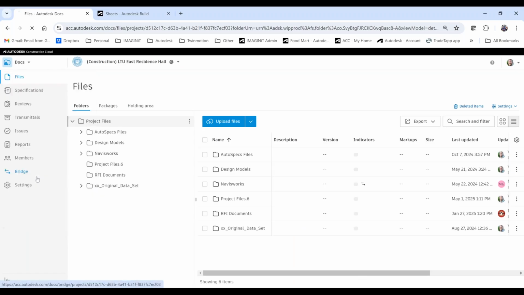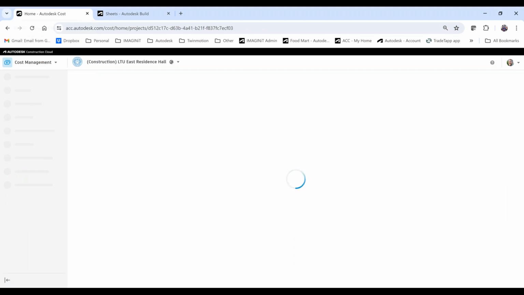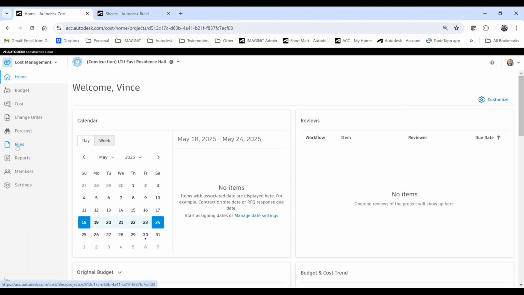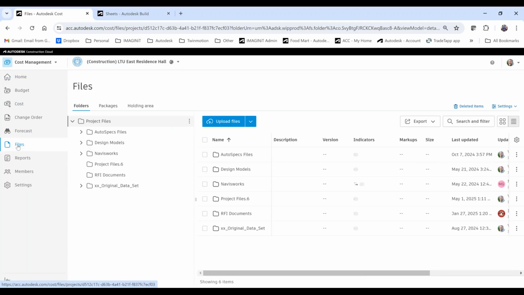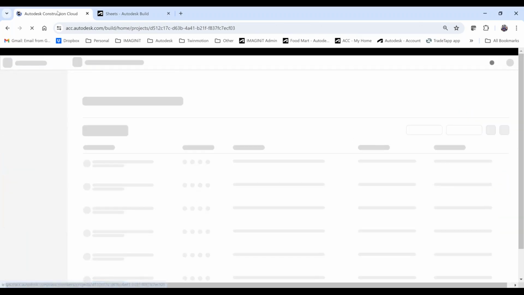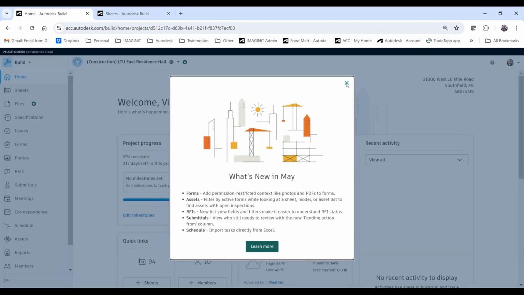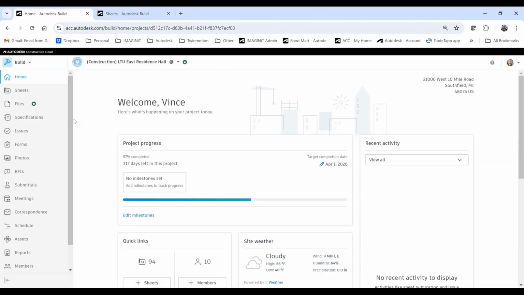If I go into cost management, this will also have a link or a reference to files. So this is what Lisa was referring to. We have one document management tool that supports the entire project. Whether your users have access to just cost or just build or just even Autodesk Docs, they will have access to the files and the documents contained within those projects. Beyond that, with documentation, I'll get into a little bit more specifics on that, but